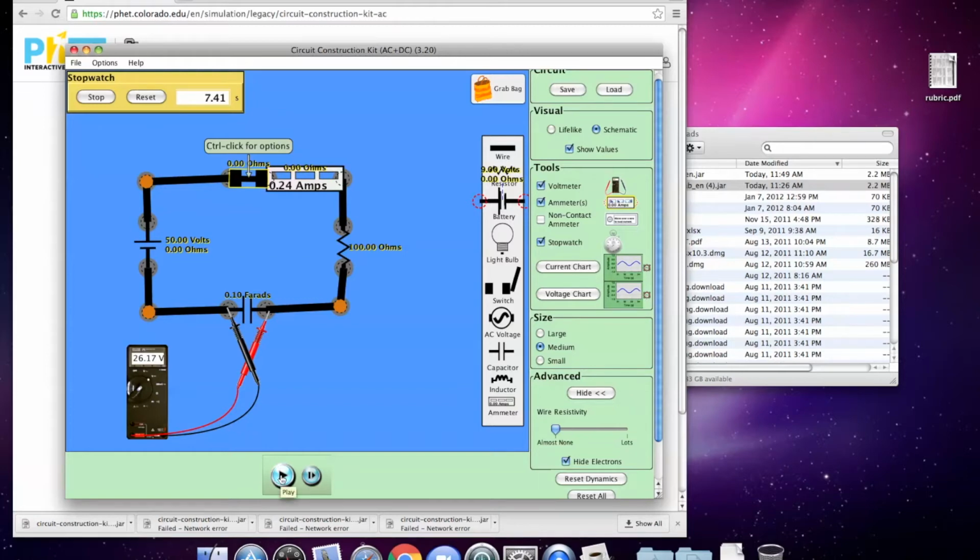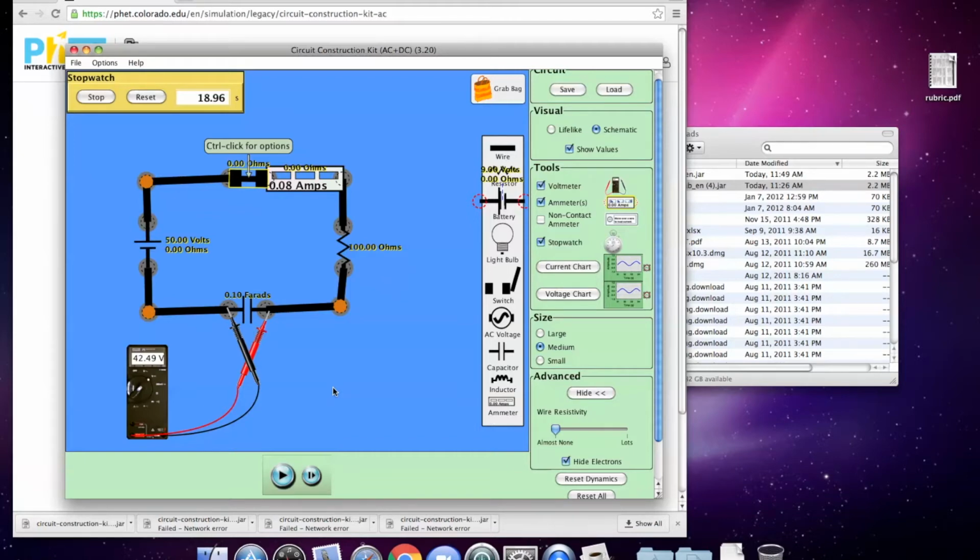Now what I'm going to do is hit play again to change the time, and we should notice that the current continues to fall and the voltage across the capacitor continues to grow. So I hit play, and I notice these numbers are growing for the voltage across the capacitor. I notice the numbers are falling for the current flowing through the circuit. And you should also notice something else. It's starting to slow. The voltage gain in the capacitor is slowing. The current fall in the ammeter is slowing, even though time is progressing at the normal rate that it has the whole circuit. I'm going to hit pause again, and you should take down these characteristics